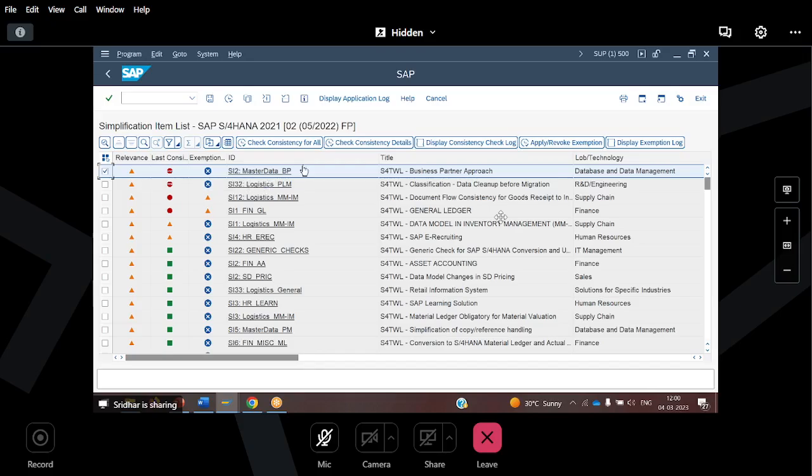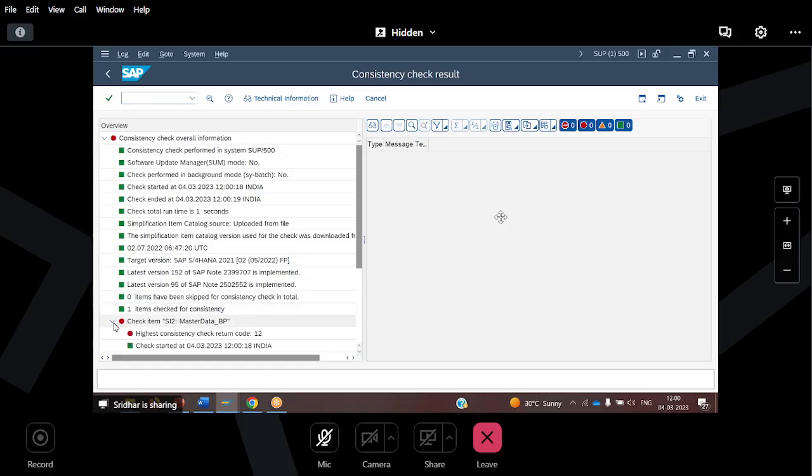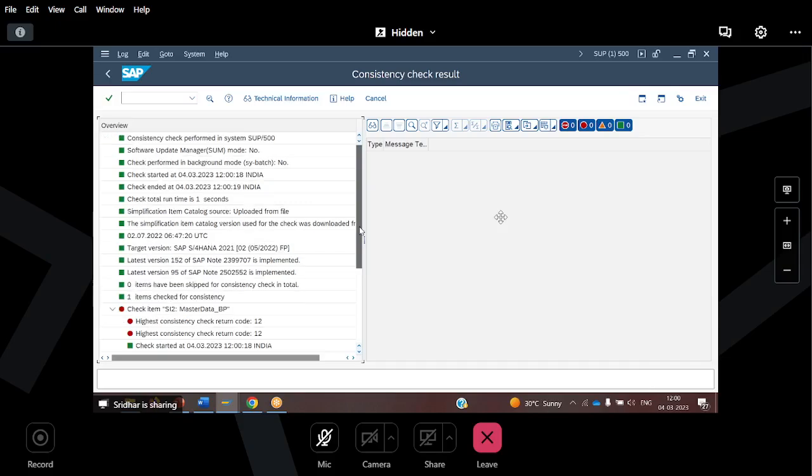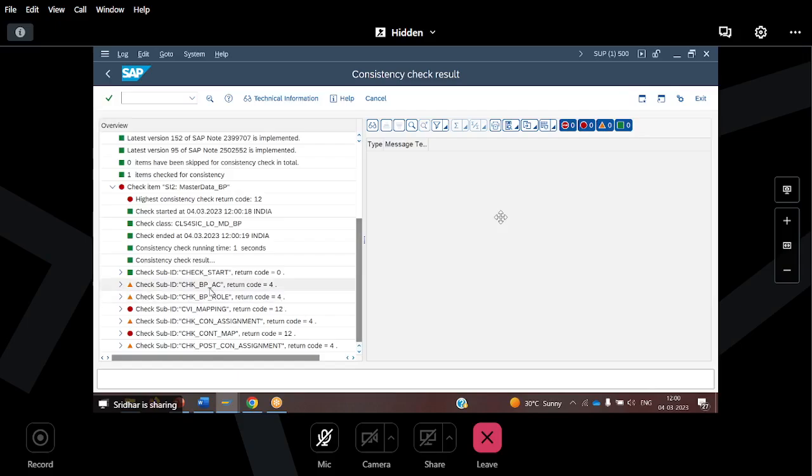Okay, so here if you go into the detailed log of each one, you will see the return code. If it is 8 and above, you must resolve that inconsistency and go ahead. If the return code is below 7, those can be either exempted or ignored. So for each inconsistency, you will have a detailed report: where it has failed, what the return code is, and in that also you will see the